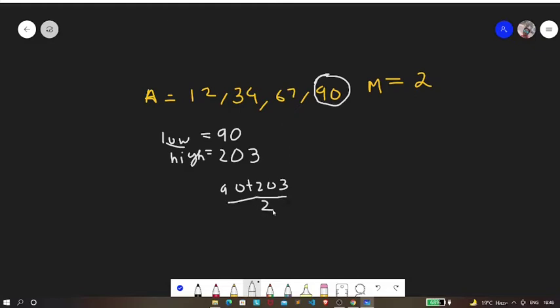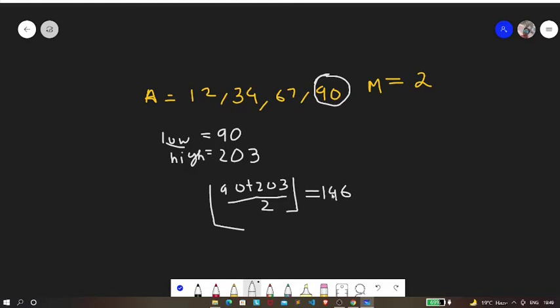So if you just find the mid, and if you take the lower bound of it, it will be nothing but 146, okay? So this is what is going to be mid. So we have considered that our answer is 146. Now let's temporarily consider this 146 to be our answer, okay?